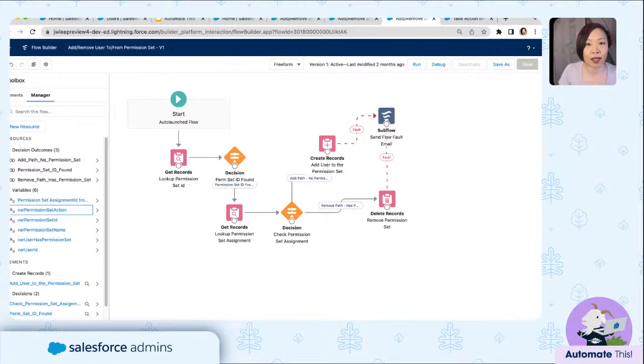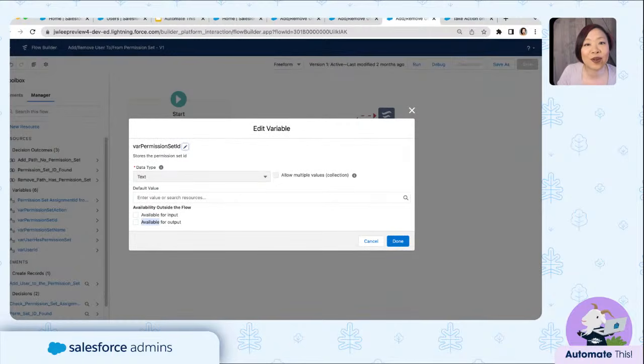Our fourth text variable is the permission set ID. And this will hold the permission set ID when we query the permission set object using the value in the var permission set name. In this case, we're only using this within our process, so we don't need to make it available for input or output.